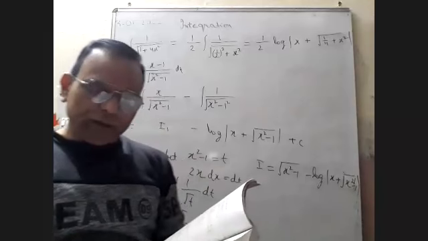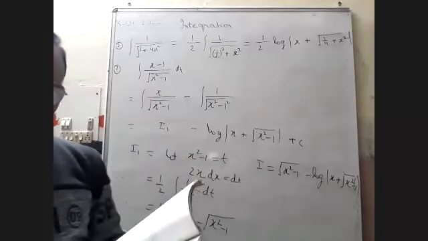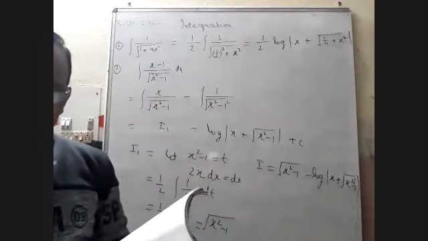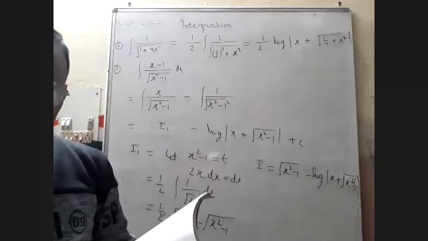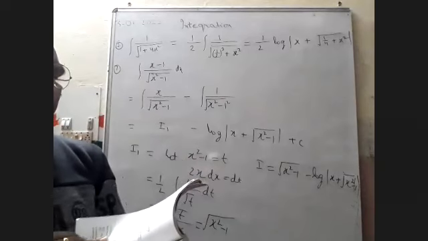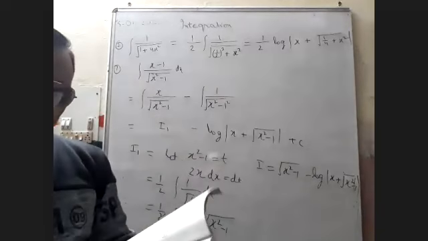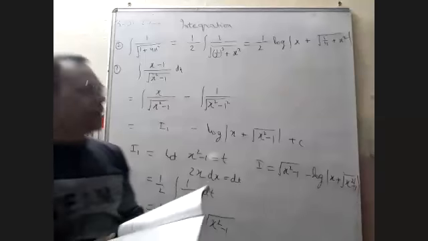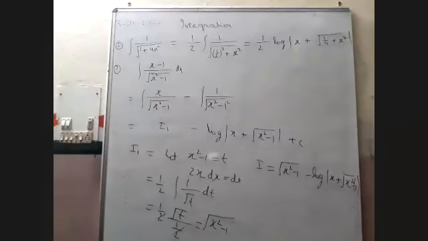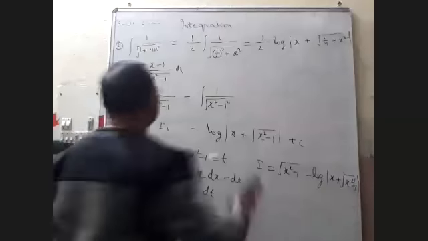In question number 9, you can let tan x is equal to t, then it becomes t square plus 2 square. From question number 10, there are some different questions. Up to 9, I have explained to you, but question number 10 is different. So I am doing it on the board.